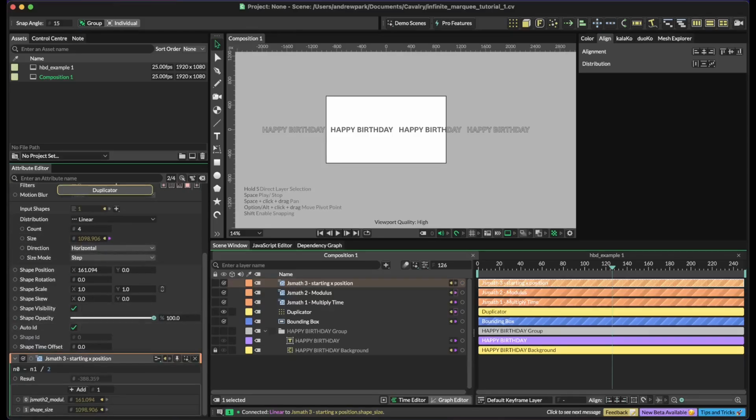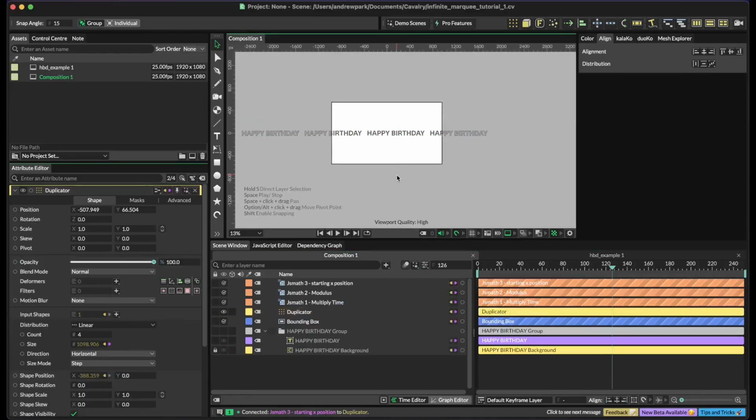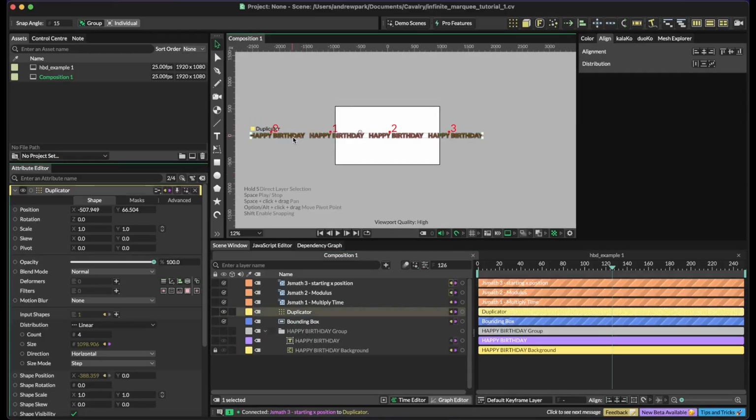And let's put the JS Math 3 into the duplicator as shape position, and then see what that looks like. Okay, so the content is now centered. I'm just going to center the duplicator as well. And if I currently play this,